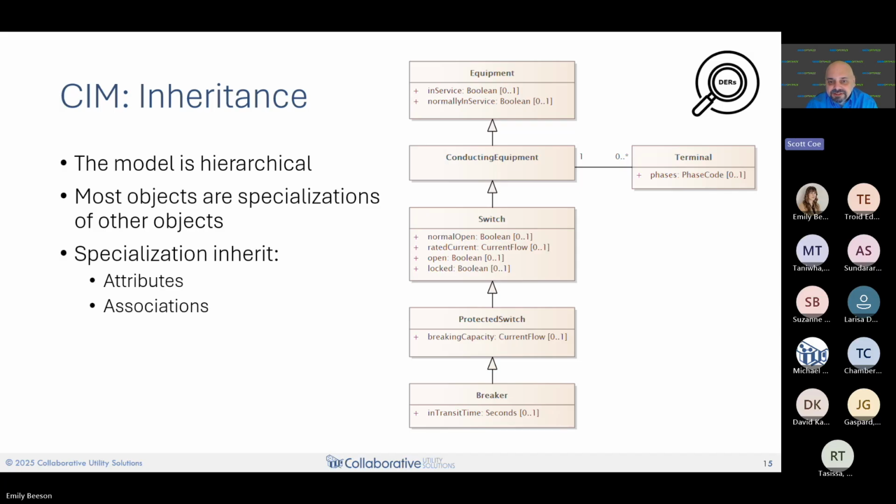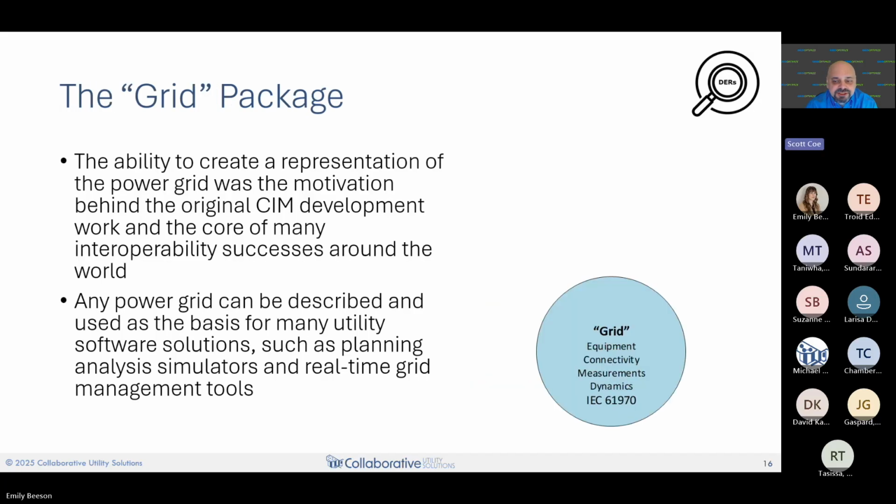And that allows us to do data exchanges where we just send over little pieces of information, even sometimes references to data. The data that you have at rest in your utility systems referenced by that data, and all of the data that's associated to it, can be found. So it's a very robust and deep model. Okay, so that's just a little bit of how we describe the CIM.